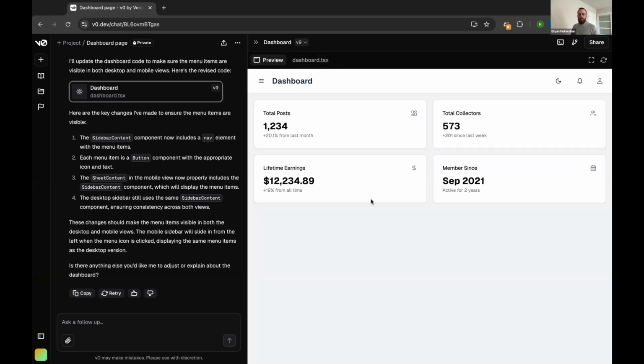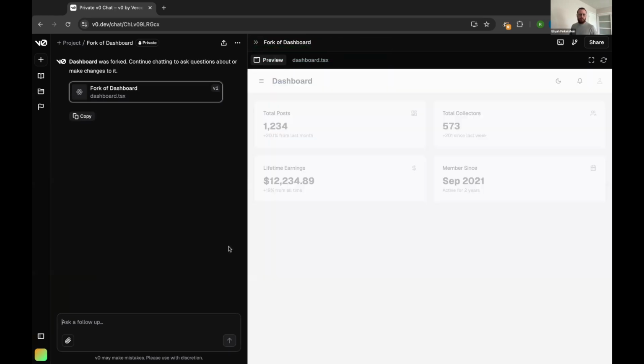I feel like we can fork this now and try and create one of the pages with an actual table so that we can get all the core functionality down and then we can figure out how to tweak the menu later. Okay. So maybe should we do my posts? So the my posts page,